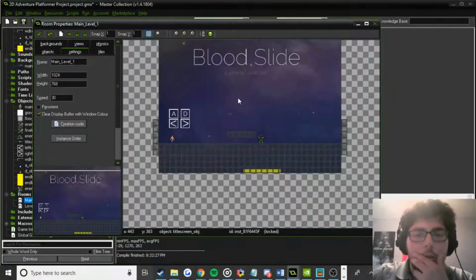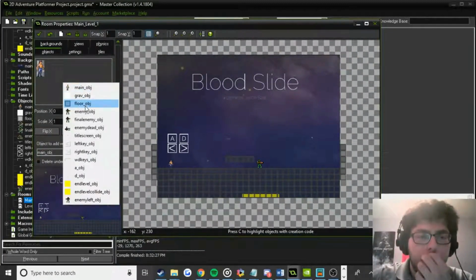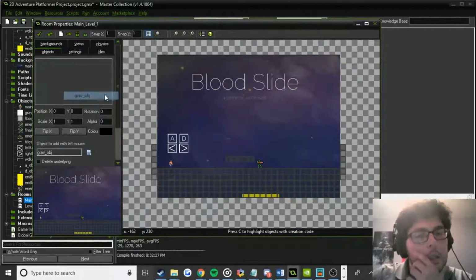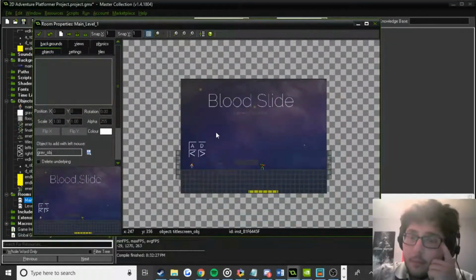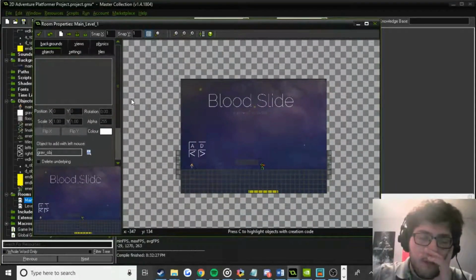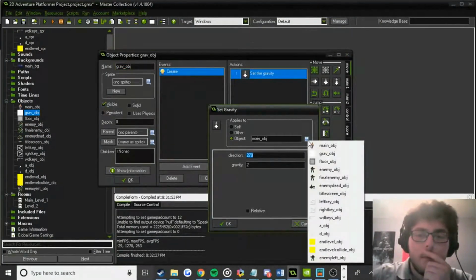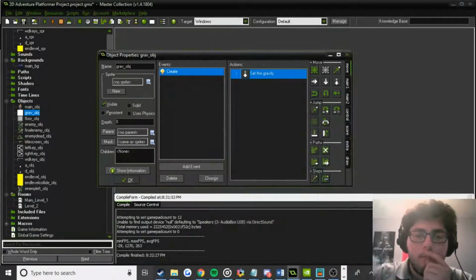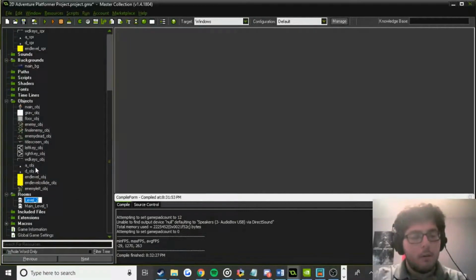What's so different about this level compared to that level? First of all, there is no gravity in this level. Which might be what's pushing down. That would explain that. But it would also explain we need the gravity to be there. Just so he falls. Gravity in the main object. Let's try that. Let's just launch straight into the second level, so I don't have to worry about getting through the first one again. So we'll just do